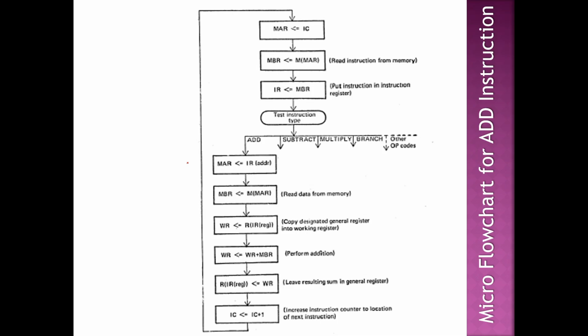Third step. After seeing MBR, there can be two things in that particular address. One address location can either have data or it can also have an instruction. In our case, we are going to have an instruction, right? So that instruction has to be passed to the instruction register. So the memory buffer register's value is going to be transferred to the instruction register.